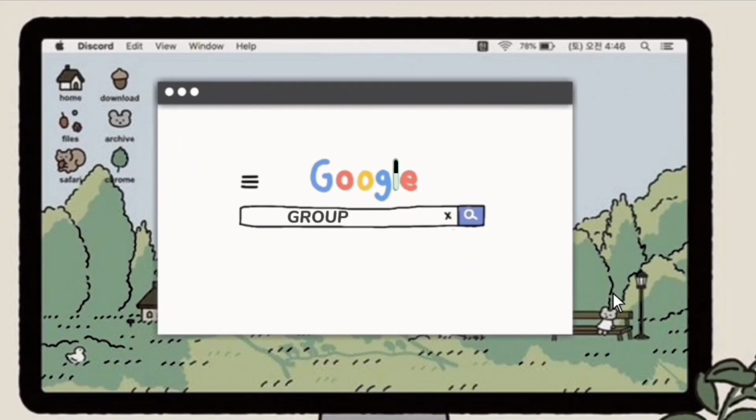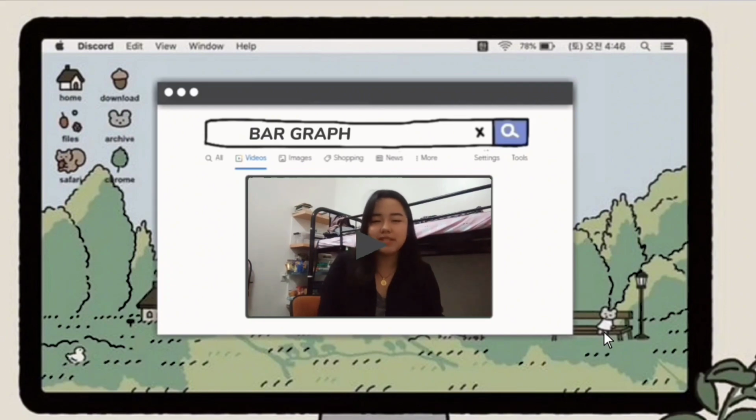In today's data-centric world, the ability to effectively interpret and utilize visual representations of data is a critical skill for decision makers across various industries. At the heart of data visualization lies the bar graph, a powerful tool for conveying complex information in a simple and accessible format. Throughout this presentation, we will delve into the fundamental concepts of bar graphs, exploring their structure, interpretation,